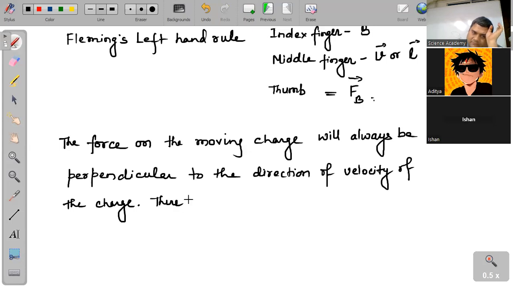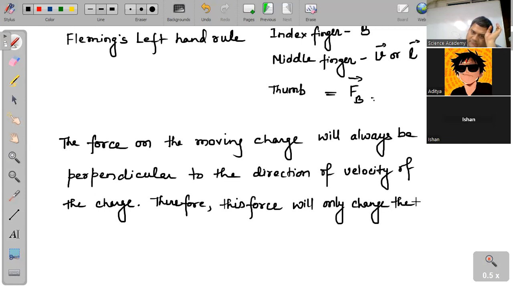Therefore, this force will only change the direction of the motion of the moving charge,